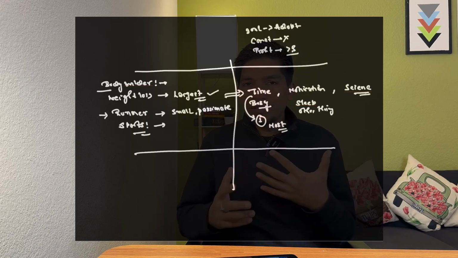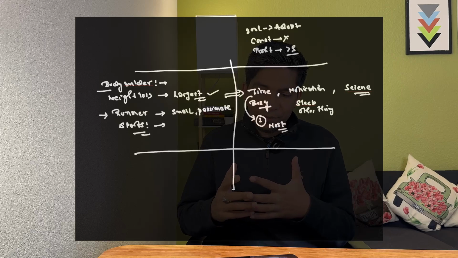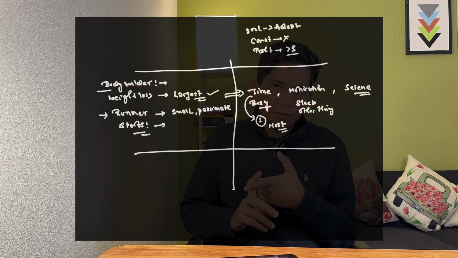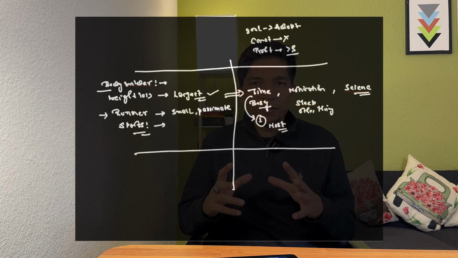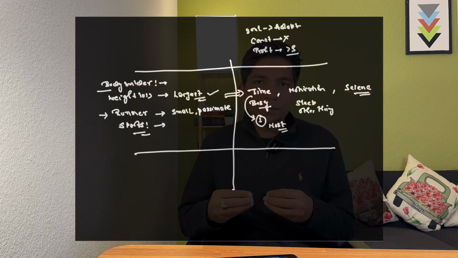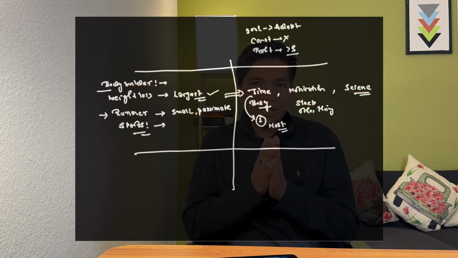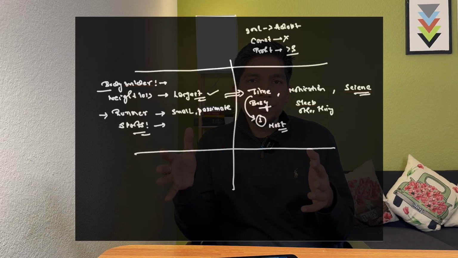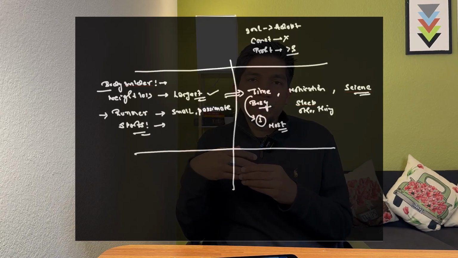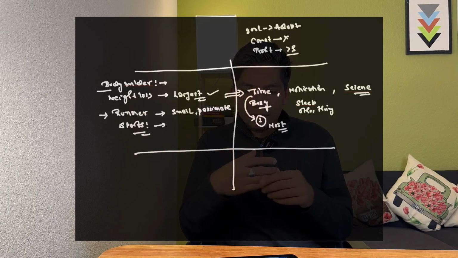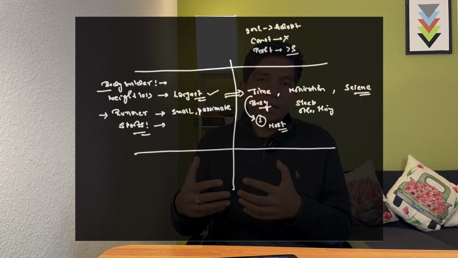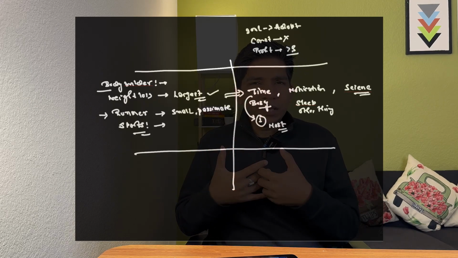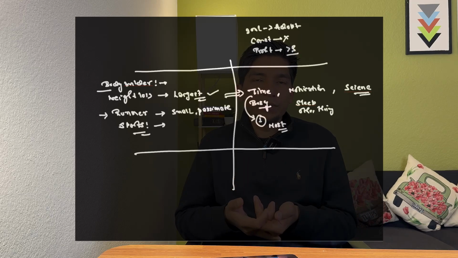But that does not exist, and that's the challenge for this segment: they don't have the time when it comes to fitness. In their schedule, right from the morning to the evening, they have a lot of professional and personal commitments. So the challenge with this segment is that throughout their schedule, they don't have enough time to find time for fitness. So I think that's the first problem. The second problem is also motivation. Even if you have time, you don't feel motivated to go out there.